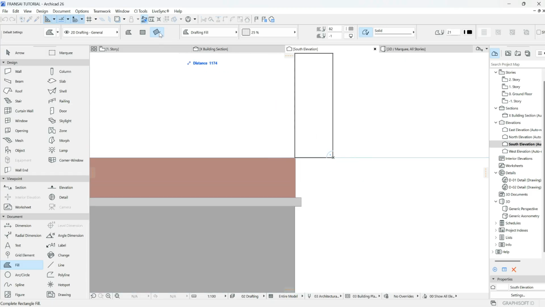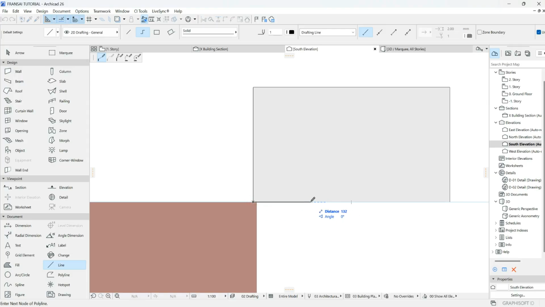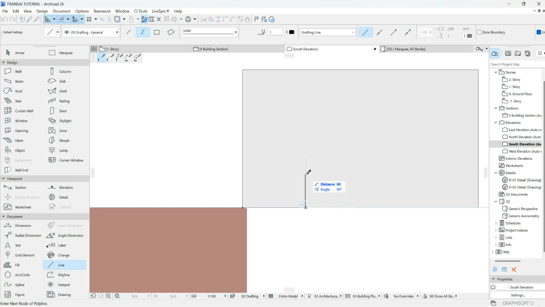Okay, let me say the height. Remember, I'm using this method. Let me say the height should be 250, enter. Okay, so let me use my line tool to maybe draw. Maybe I want from the wall out to be 120, enter. Okay, let me say 50, enter. Okay, let me say 180, enter. So this is how we create the step